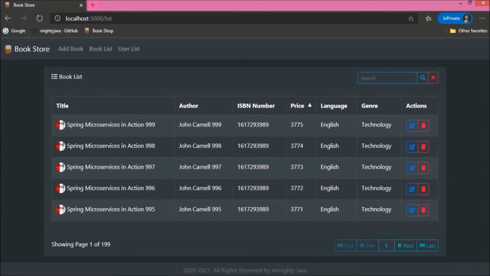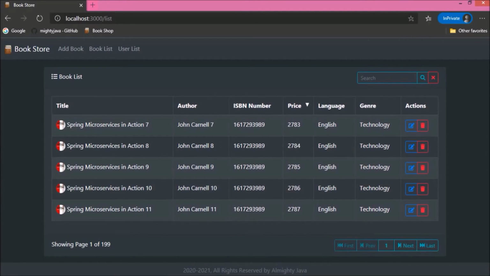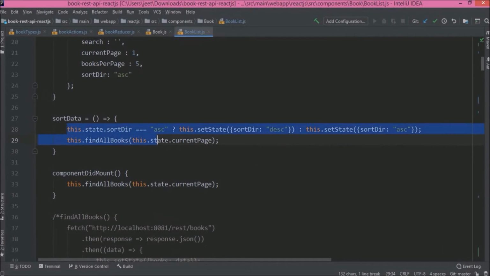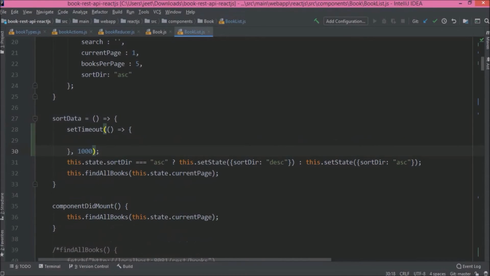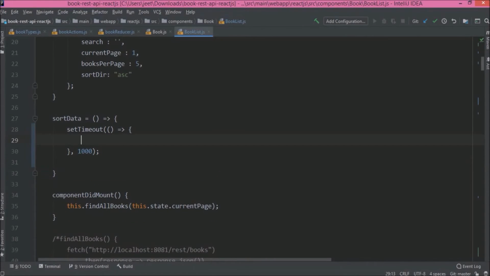But when I click on the price, icon is changing, but sort is not happening at the very first time. It is working, but on the second click. But because of the second click, again icon is not matching with the current sort. Actually, this is happening because of the get request call. So here also we need to add timeout related code. That's it.